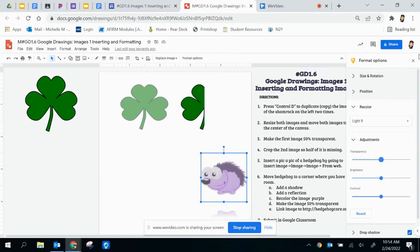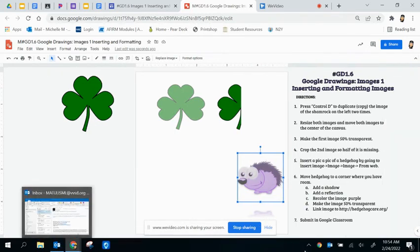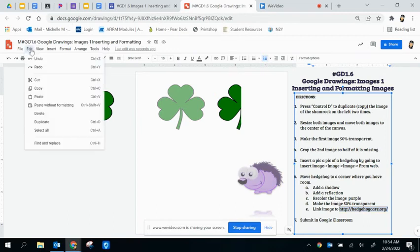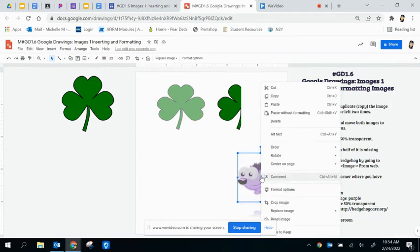All right, so I'm going to close my format options so that I just see my hedgehog here. And now step E says to link the image to this website. So I am going to select this website and do a Control C or a copy, or you can come up here to go to Edit and Copy. Then I'm going to put my cursor on the hedgehog. I am going to right click and I am going to,